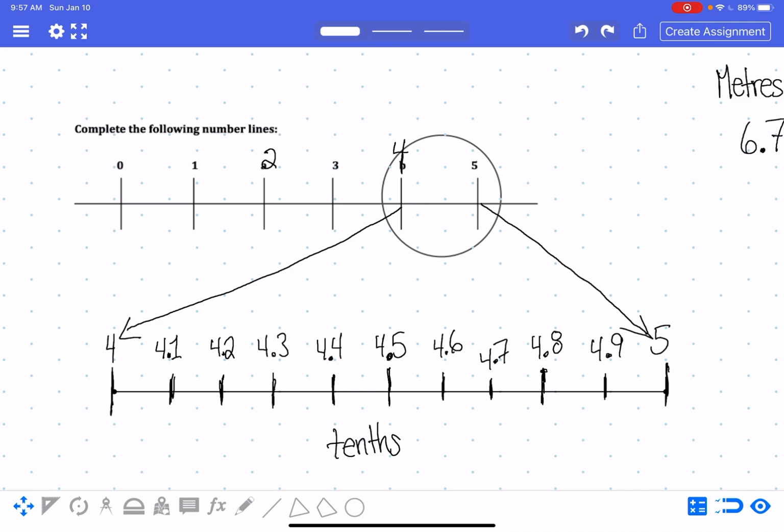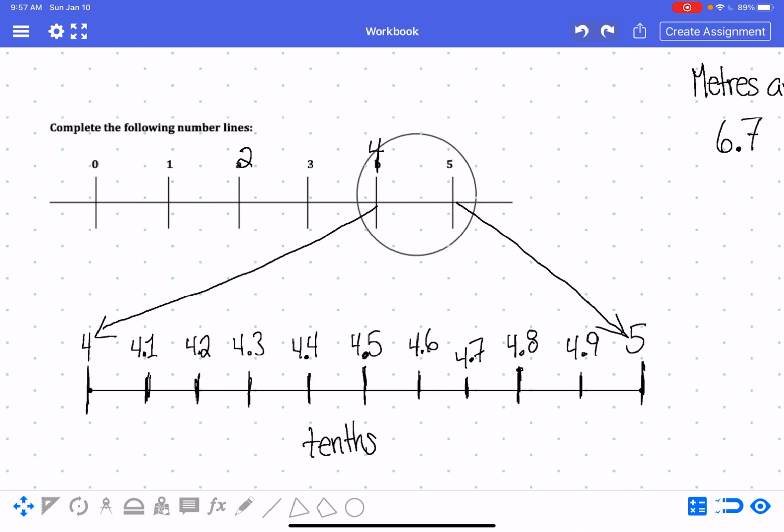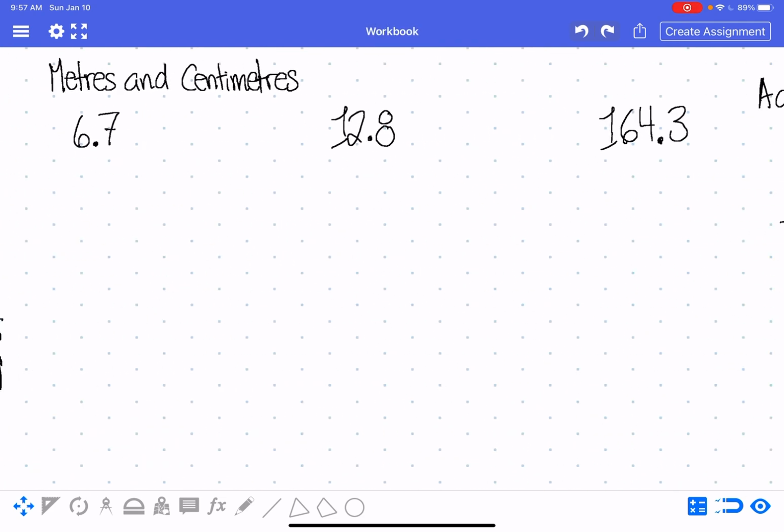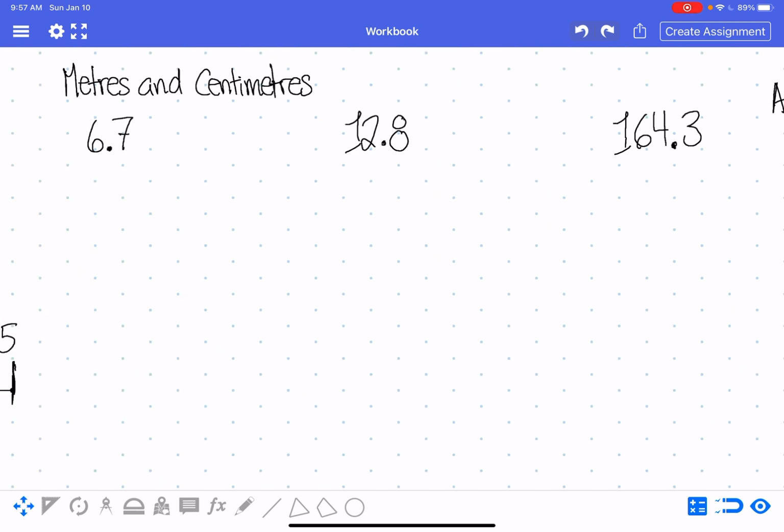Okay. Now we're going to move on, and we'll review this at the end. And we're going to see where do part numbers exist, right? So like I said at the beginning, when you're measuring a room, nothing is exactly the right measurement. It's always 6 and a bit and 12 and a bit. So if we think about meters and centimeters,